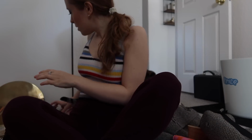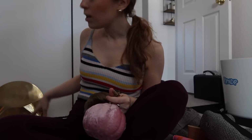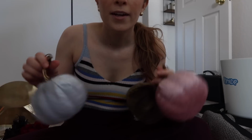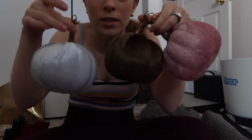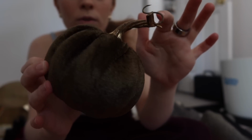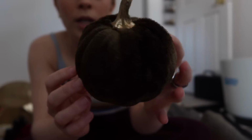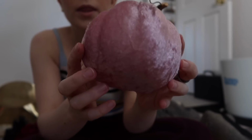And then if you remember my last chore day vlog, which I think was at the end of July, I went to Dollar Tree, and of course they already had Halloween stuff and fall stuff out at that time, so I had grabbed these cute little pumpkins. They had a bunch of different colors. I love that they all have this gold stem. So pretty. So I got this really pretty olive green one, then this light pink one,